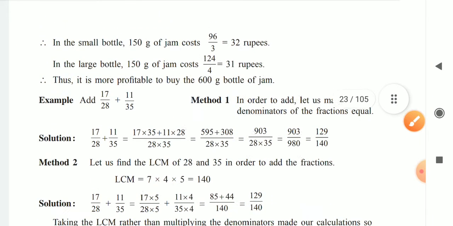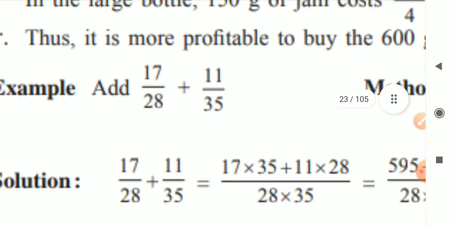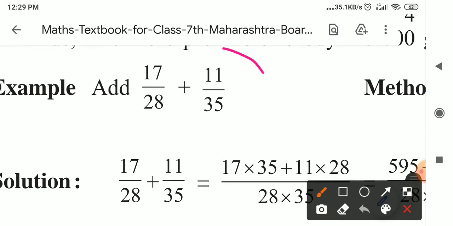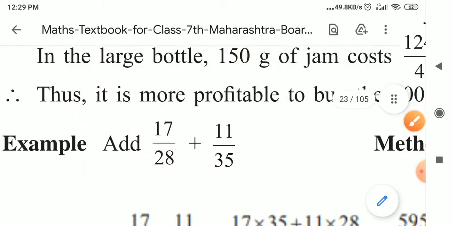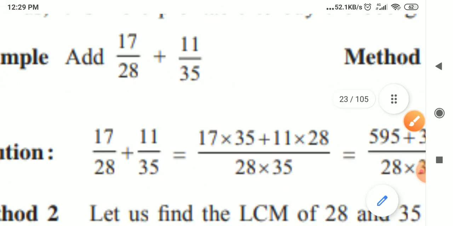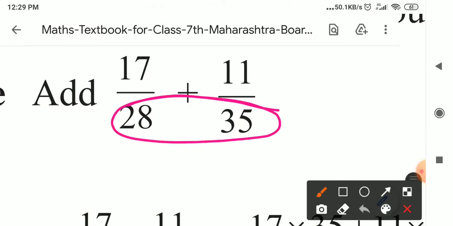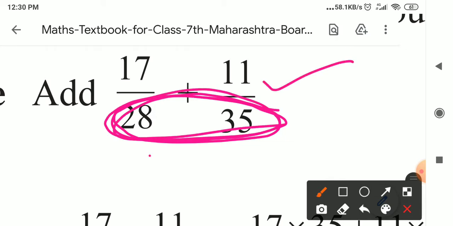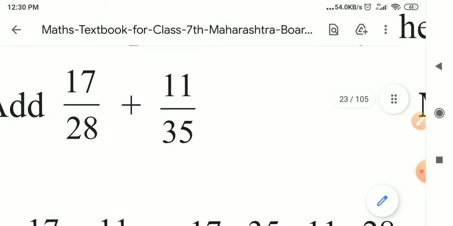Okay, now that was one of the examples. Now here we have to do the addition of these fractions. You know addition of fractions and subtraction of fractions. We've seen how to make the denominator the same. Whenever we are solving these types of examples, 70 upon 28 plus 11 upon 35, at that time we are finding the LCM of the denominators. Once you get the LCM of the denominators, you make the denominators the same, and then you can solve the example very easily.